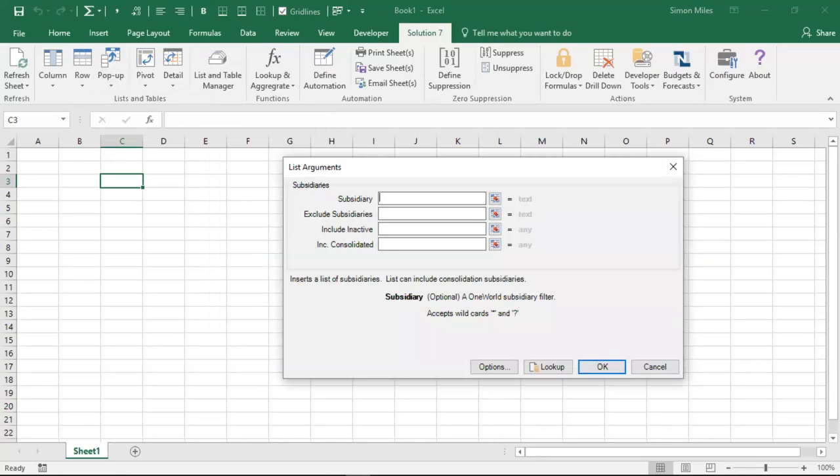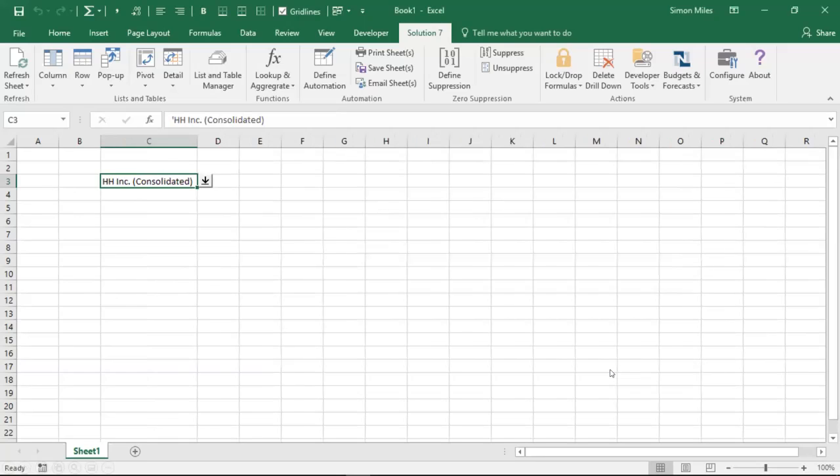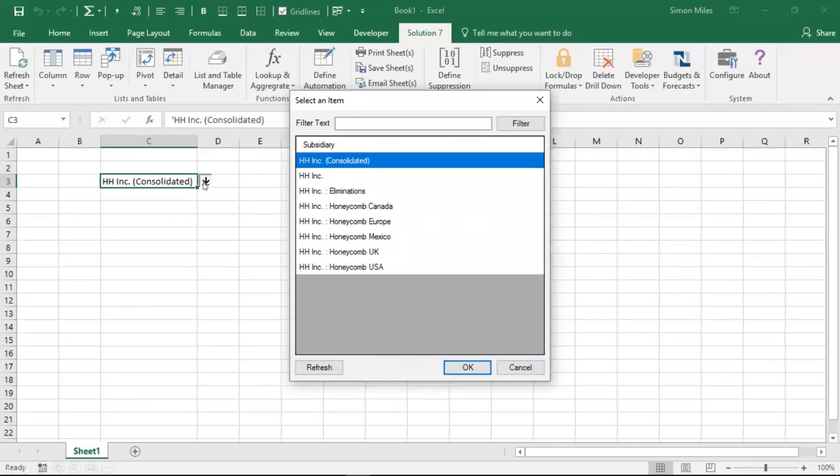We're just simply trying to leverage your Excel skills so that you can use those to build your financial reports. In this case, I just need to click the OK button, and that will insert a pop-up of subsidiaries. And here's the pop-up in action. I just choose the button, and there's the pop-up screen, and I can choose any one of my subsidiaries out